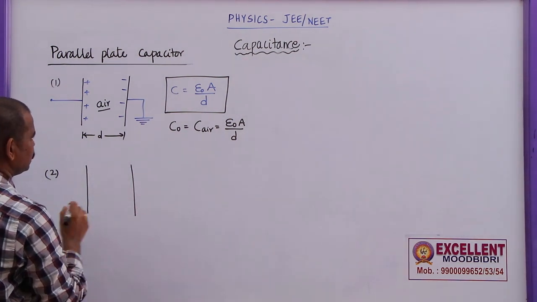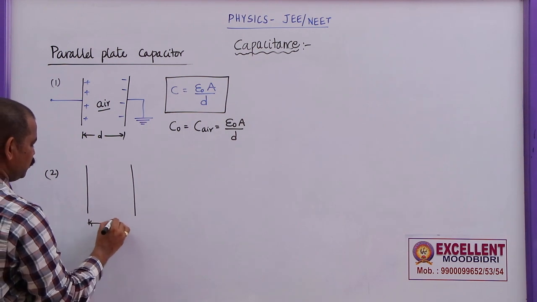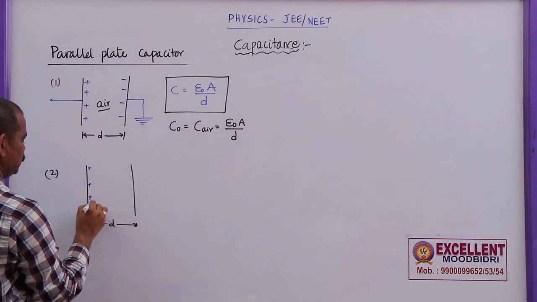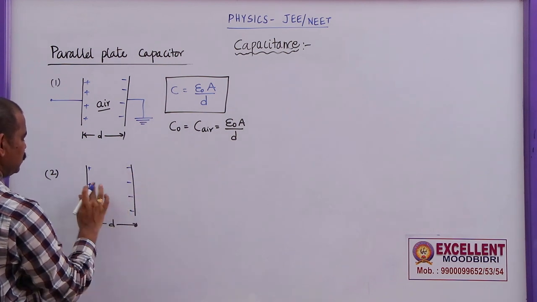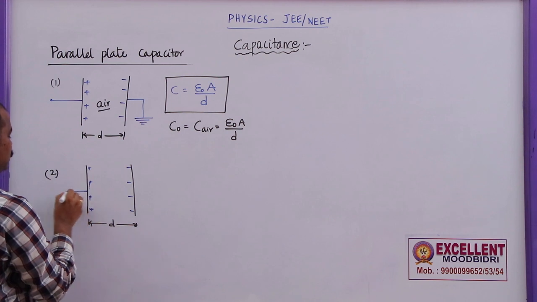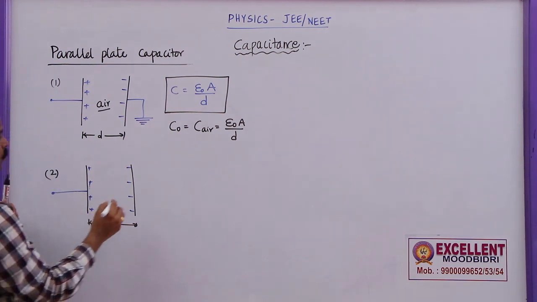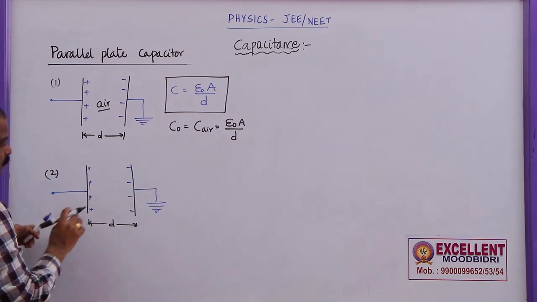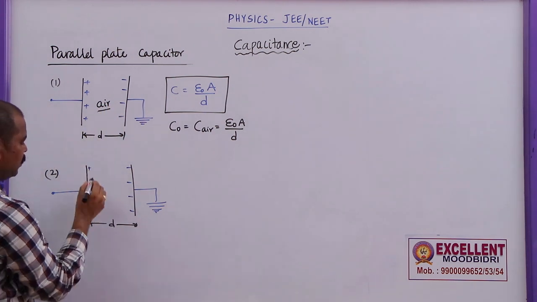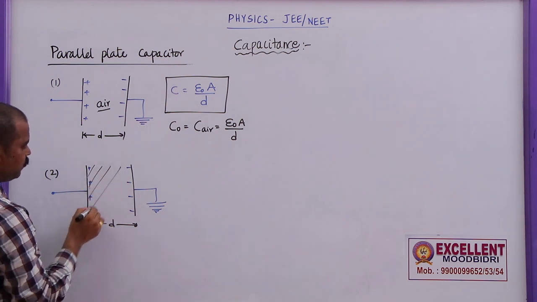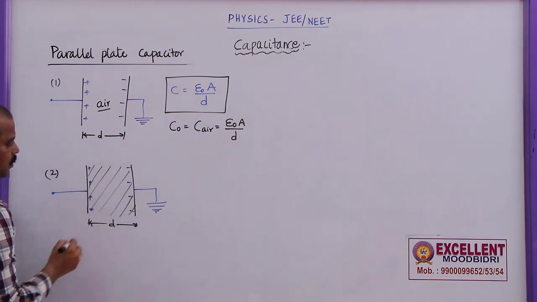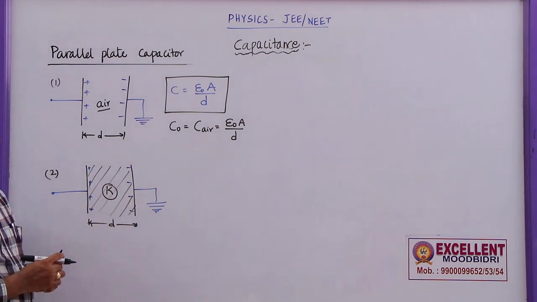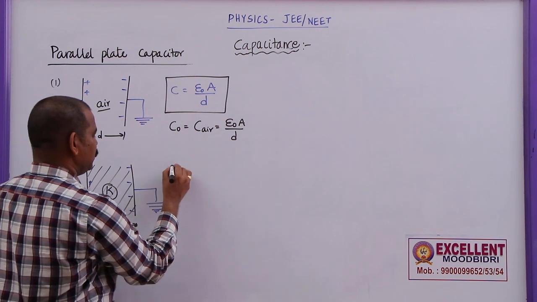Now, the second case. Let me take the same capacitor here. The distance between these two plates is d, and the charges on this plate are positive, and this is a negative charge. This is the wire that is connected to the battery, and this side is earthed. Now, if the space between these two, previously air, is completely filled with a dielectric medium of dielectric constant K,